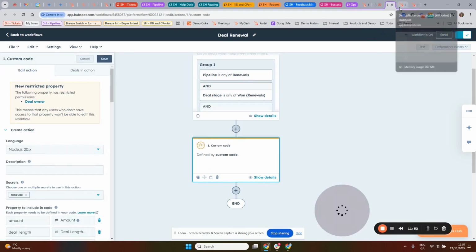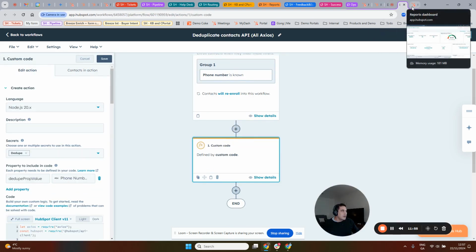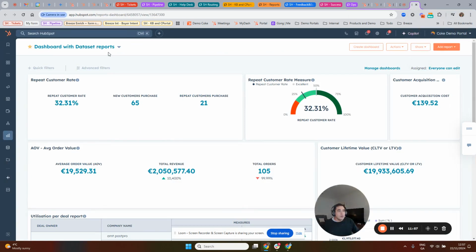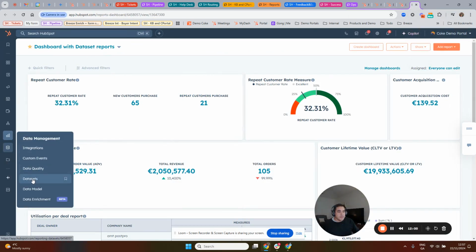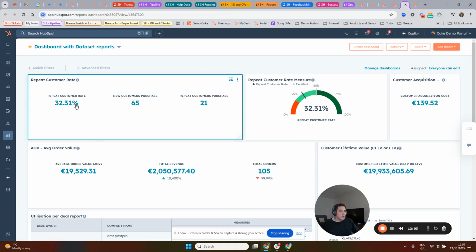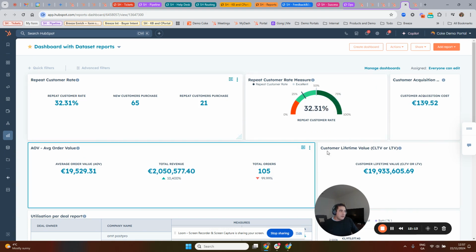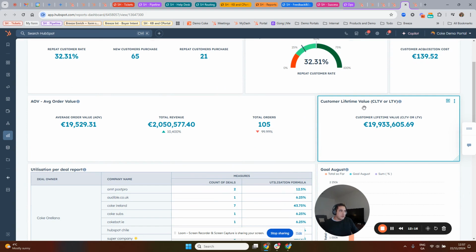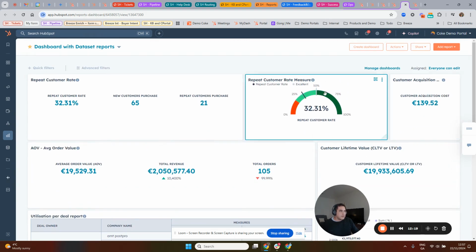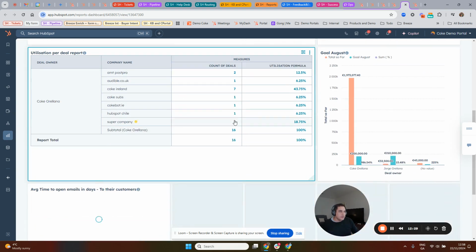So that covers a big part of what is included in Operations Hub, but there is more. So one thing is going to be the datasets, and datasets is going to be a way that you can add calculations in reports. So in this case, I created different reports using datasets, and what I'm doing here is I'm using formulas to calculate the customer lifetime value or customer acquisition, repeat customer rate. So all these reports that need calculation, with all the data that I have in HubSpot,